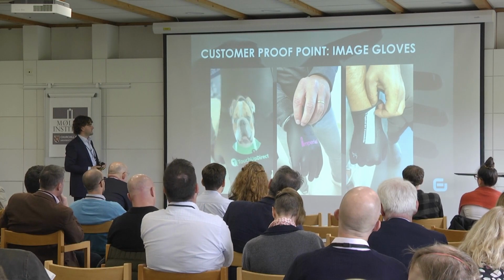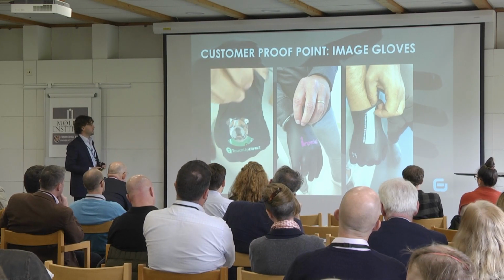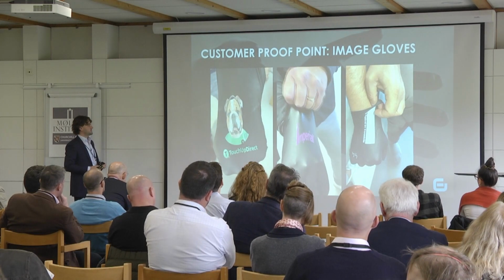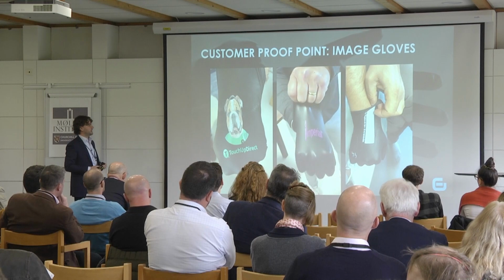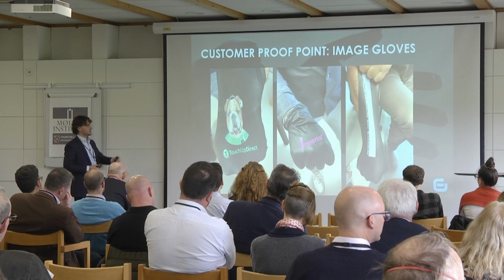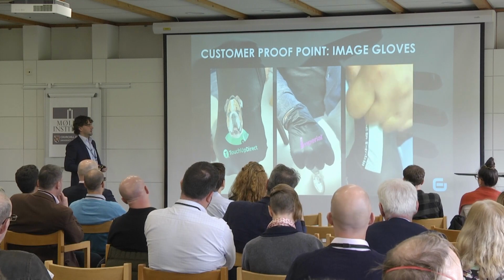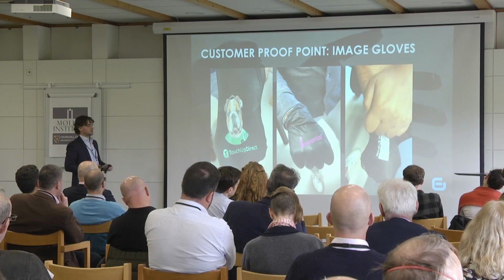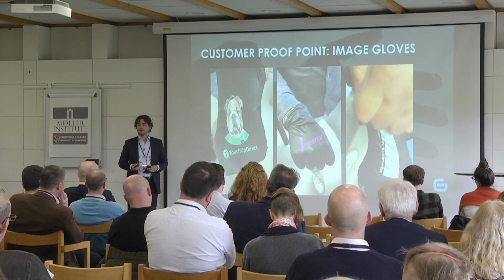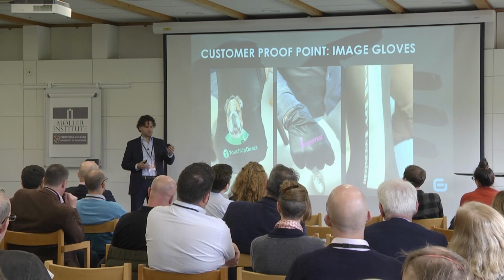Because we received a primer system that has adhesion, and after that we continued with modifying the inks, the CMYK. And we managed to get it to work, to get a UV ink that has a decent print quality on latex gloves, can be stretched in multiple directions, and doesn't come off. But that, of course, was only half of the problem, because when you buy gloves, you get them in a box,